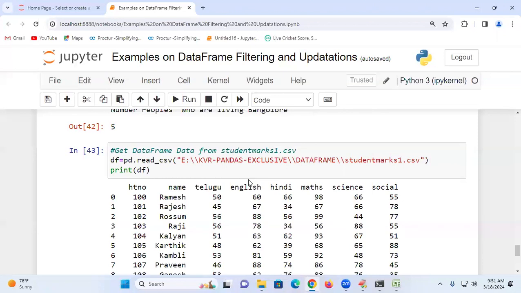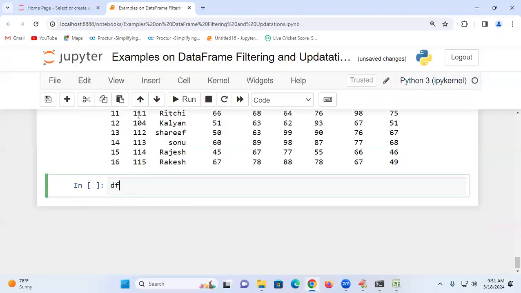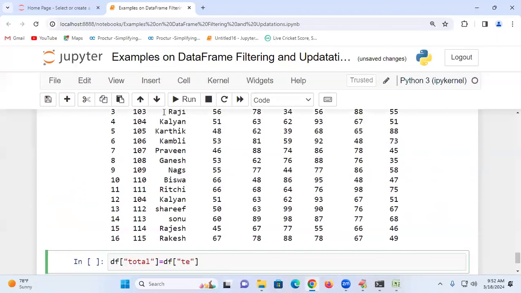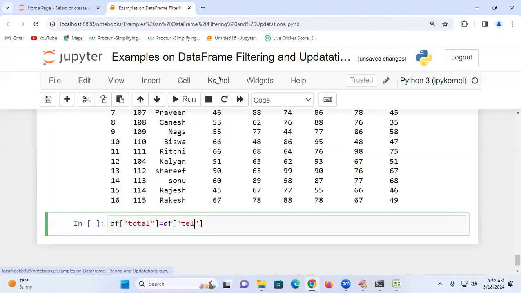What is my intention now? Calculate the total. Even in the last class, I was adding one of the columns. Come on, fast. df of new column. How do I add? Total is equal to df of Telugu. Same thing I need to take. So already I taught Telugu. Once again I am adding plus df dot